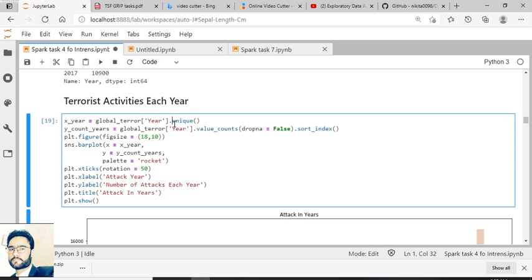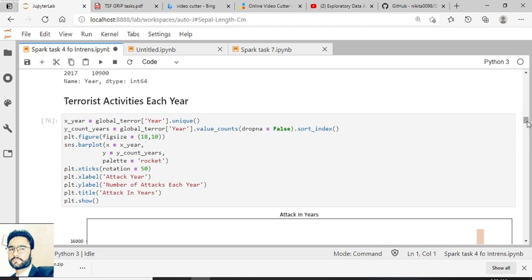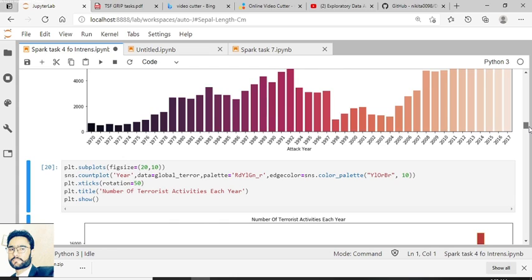So terrorist activities each year, every year we can check by using this script. The output shows that in 1970 it was not so high.